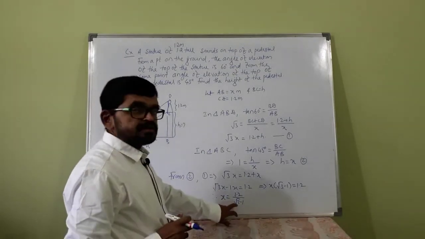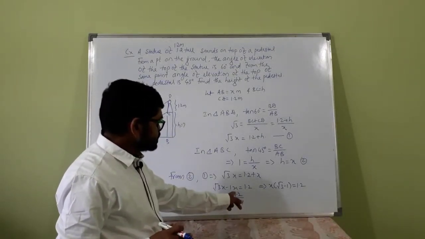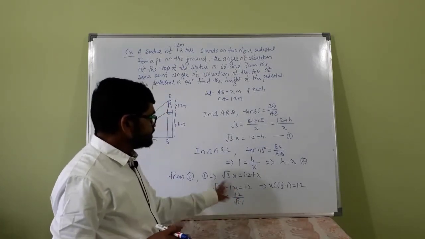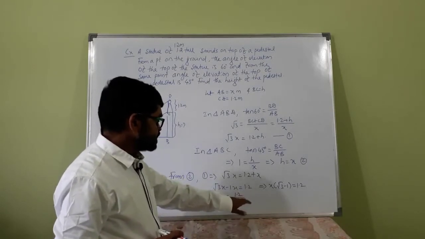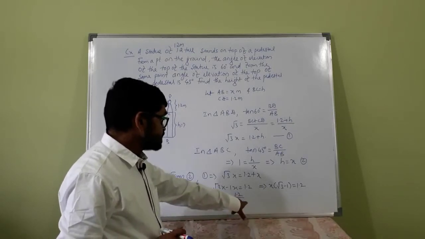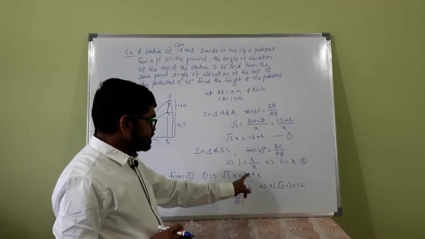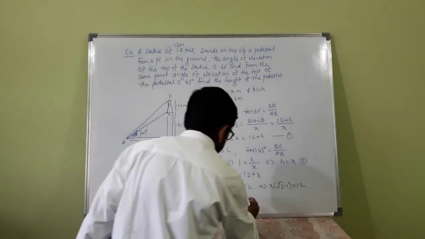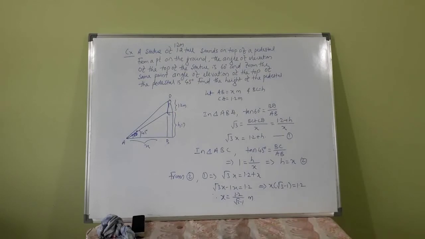You can use a calculator here and find the value of root 3, subtract 1, and divide 1.2 by this difference. Otherwise you have to rationalize. Multiplying and dividing by root 3 plus 1, you get in the denominator root 3 square minus 1 square, which is 3 minus 1, that is 2. So 1.2 into root 3 plus 1 divided by 2 is the answer. Or if you leave it here, in a competitive exam you have to search for the better options.